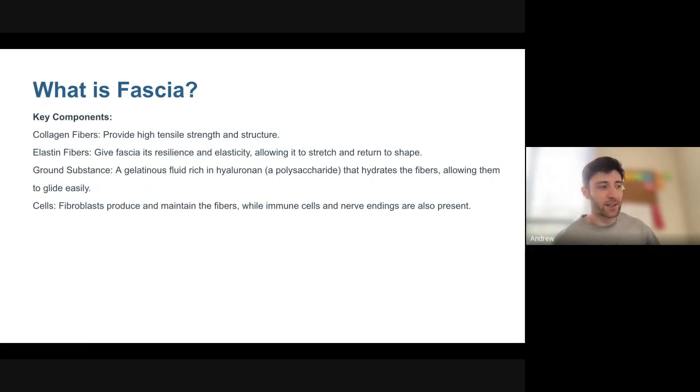And then finally, of course, are the cells. These are fibroblasts. B standing for building, so they're fibrobuilders, if you want to think about it that way, because sometimes blasts is confusing for people. But these are cells that go in and produce the fibers, the elastin and the collagen, and they maintain that,